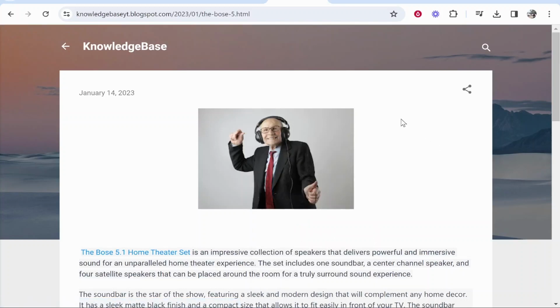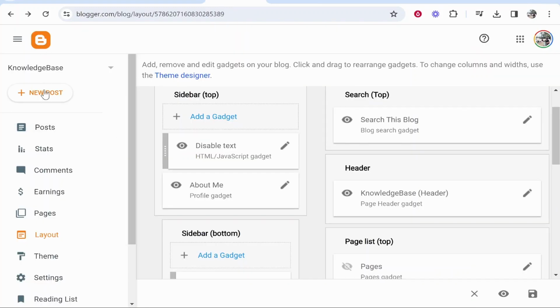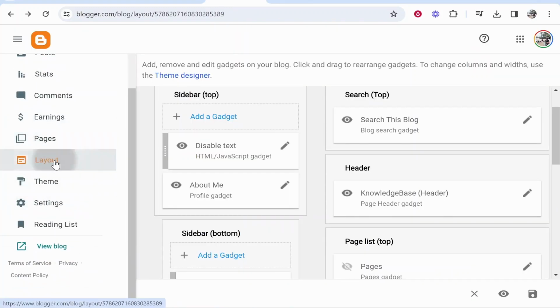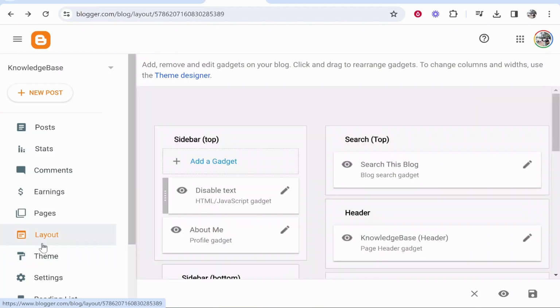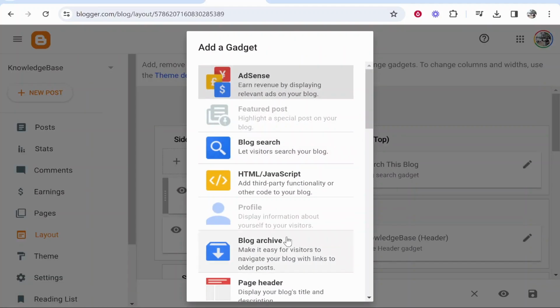But with this one piece of code and this 2-minute tutorial video, I'm going to show you how you can disable people from being able to copy and save your image. So what you want to do is go to your Blogger dashboard, and once you're here, you want to then go to the layout section. Now from layout, you then want to go to the sidebar top, click add a gadget, and you want to then add